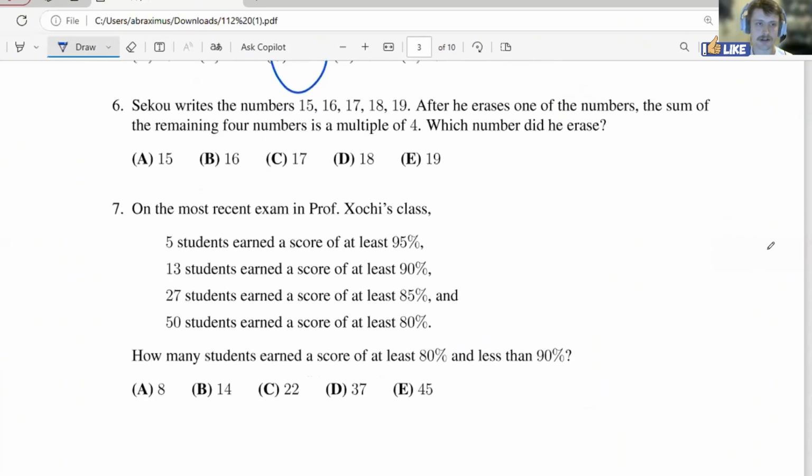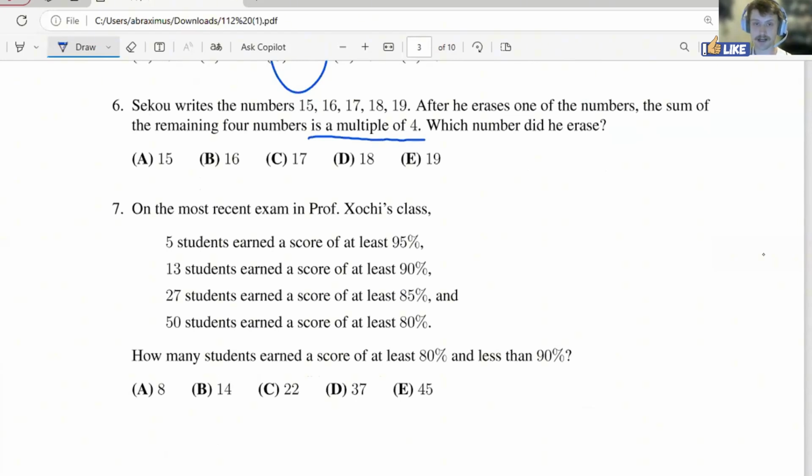All right, so Seku writes the numbers 15, 16, 17, 18, and 19. After he erases one of the numbers, the sum of the remaining four numbers is a multiple of 4. Which number did he erase? So, whenever I see something like "is a multiple of 4," I know that I'm allowed to save a